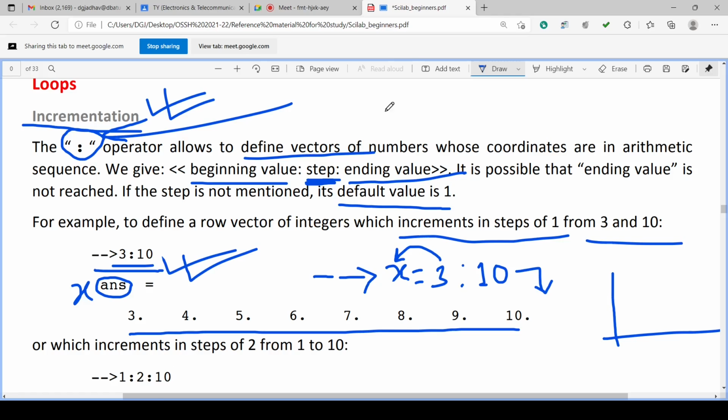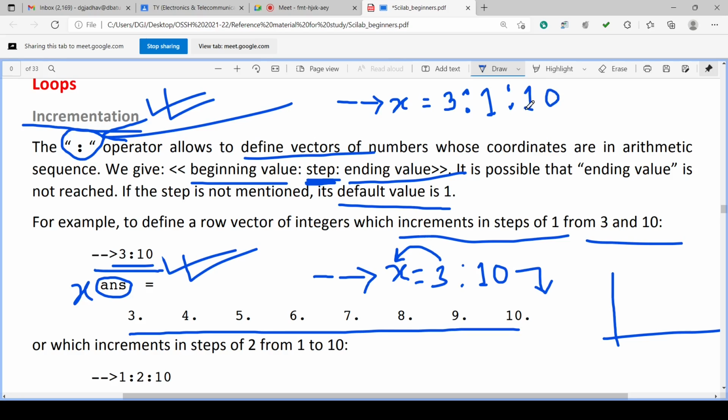This we have seen. Suppose in front of the prompt you write x equal to 3 colon 1 colon 10. Now what is there?